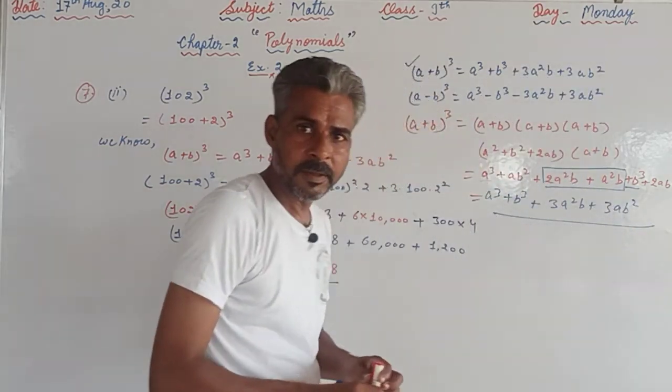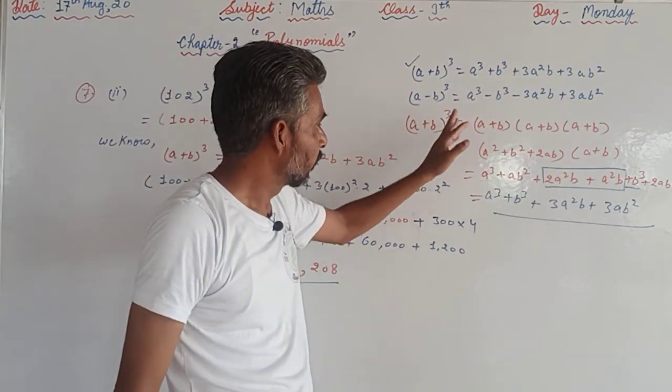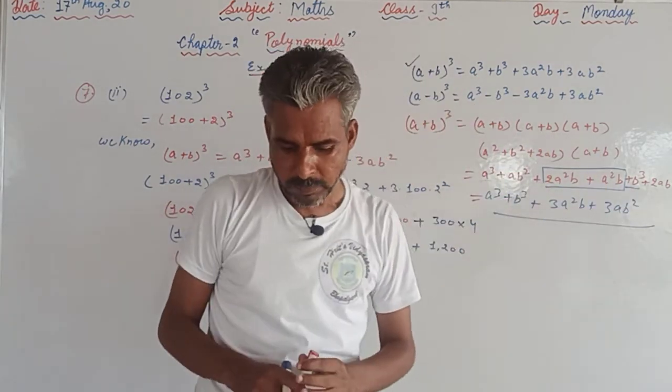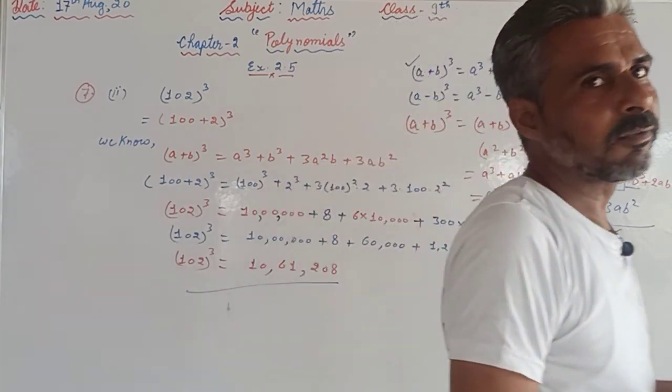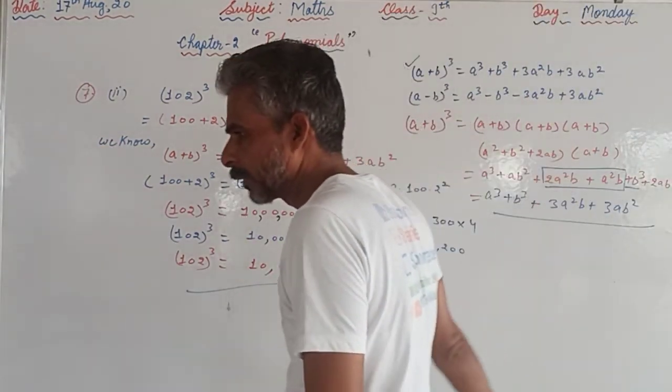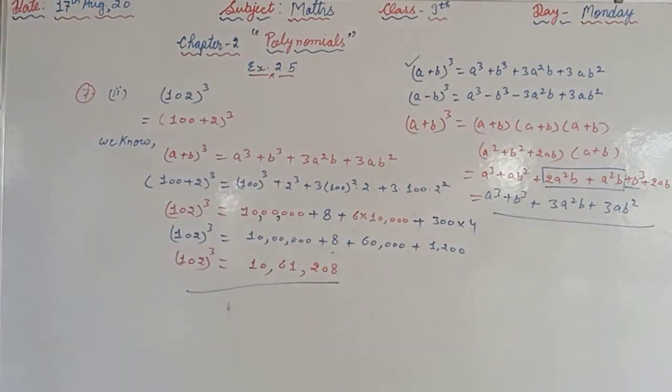So if we forgot something, then we can obtain that formula by actually multiplying. So you are not supposed to be confused in the formula. First of all, you should try to learn. If unable to learn, then you can multiply that and you can use it whenever required in the question.